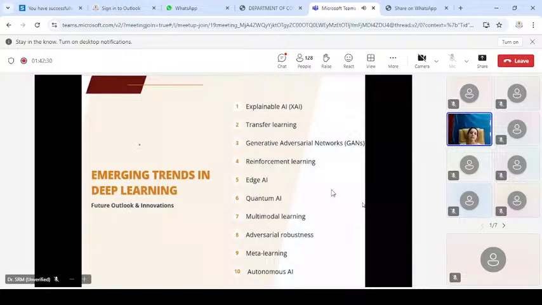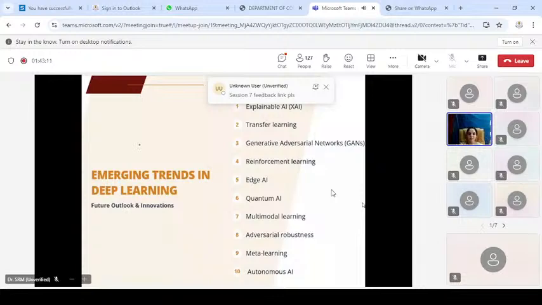So till now, we have understood deep learning is on a thrilling trajectory of rapid evolution. It's constantly unveiling new techniques, new applications. As we push the boundaries of artificial intelligence, we are witnessing a surge of groundbreaking trends that are not just shaping the future of DL, but also unlocking possibilities we once thought impossible. These emerging trends are paving the way for innovative AI applications, and setting the stage for transformative use cases across various industries.